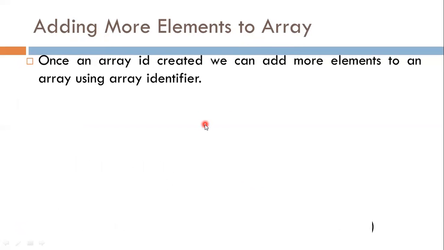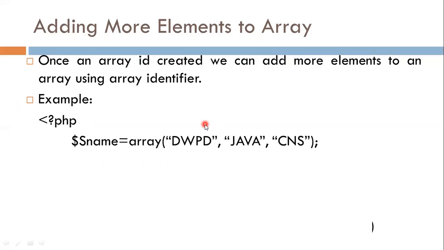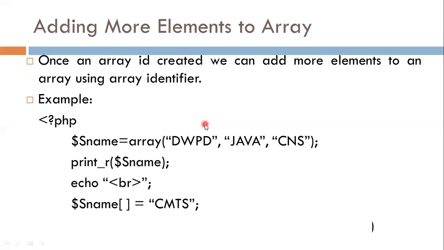Now adding more elements to an array. Suppose at first I declared only three elements of the array, and after that I want to add more elements to the array. It is possible in PHP. For example, here I write a script to declare an array using the array function which contains three subjects at the initial point with starting index 0. Now print the array, and after that I add two more